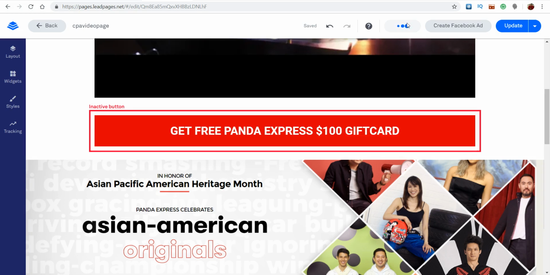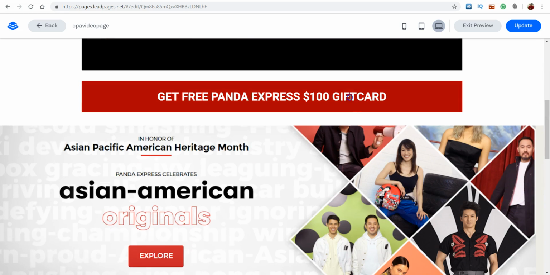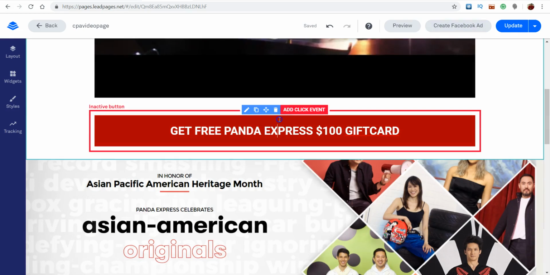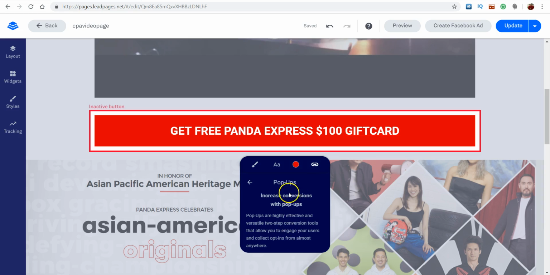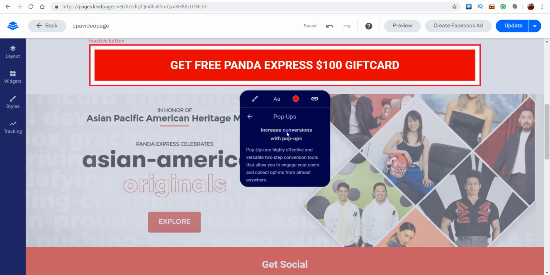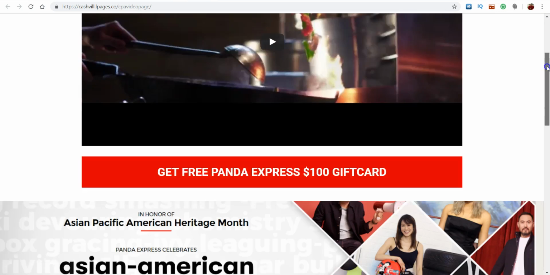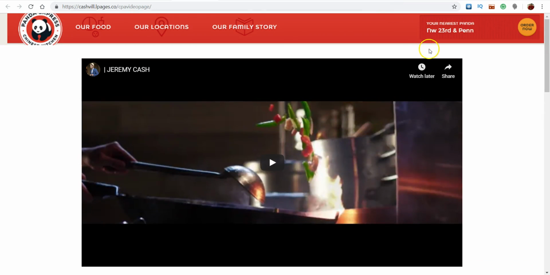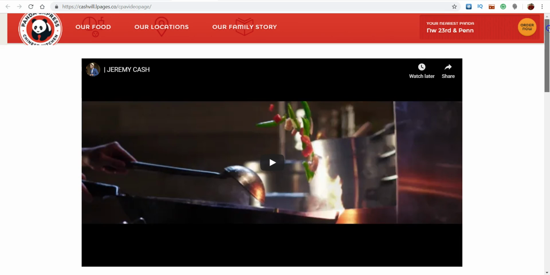Let me see if it'll let me do it on here, because it'll actually let you pop up and add emails and all that kind of stuff. But I don't think I saved it. Yeah, I didn't save it. Let's see here. Not sure if it's going to let me add one on this particular one, but we'll see if I can save it. Oh, I don't have anything for it to go to, that's why. So it won't let me do it on this one, but I'll have to show you guys in a different video. But yeah, that's pretty much how you would make your actual content locker